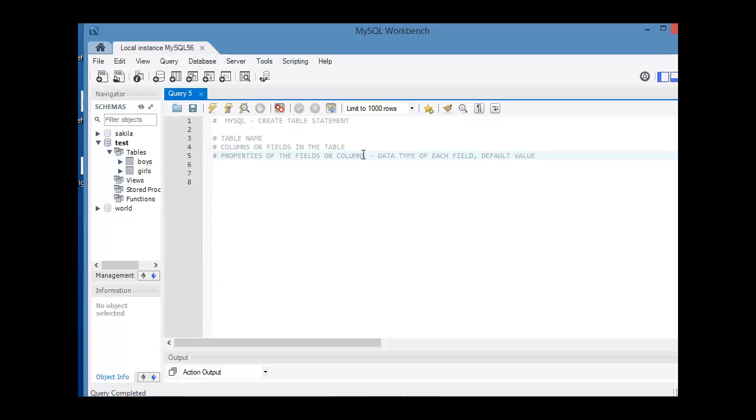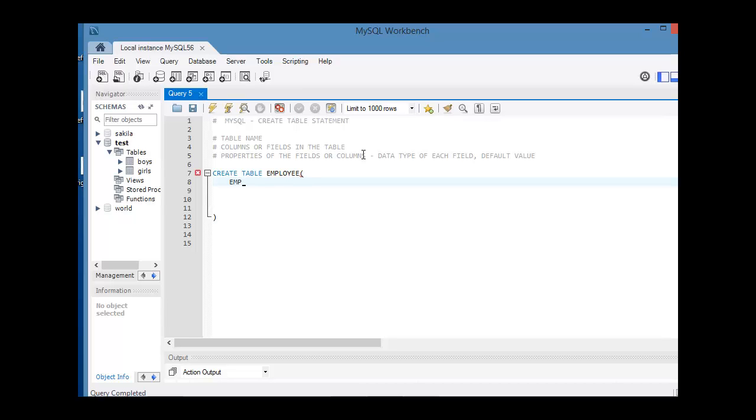So let's create a statement so it will be very easy for you to understand. So how do you create a create statement? The keyword that you use to create a table is create table, and then you give the table name. Let's create a table called employee, and you start with the open bracket and then end with the close bracket, and within these two brackets you give the field names. For example, in our table we are going to create four fields: